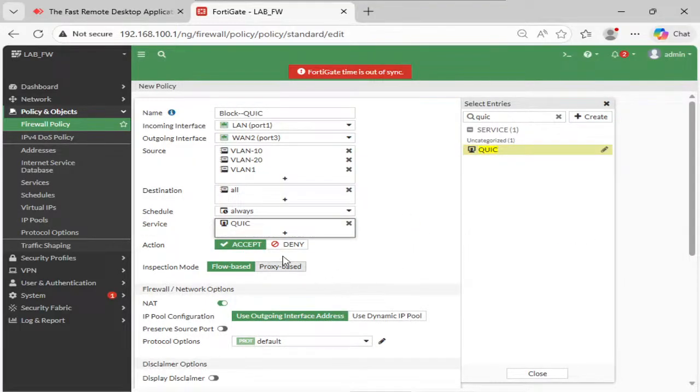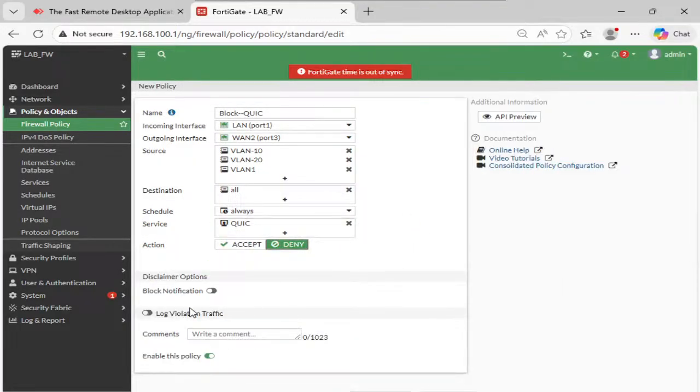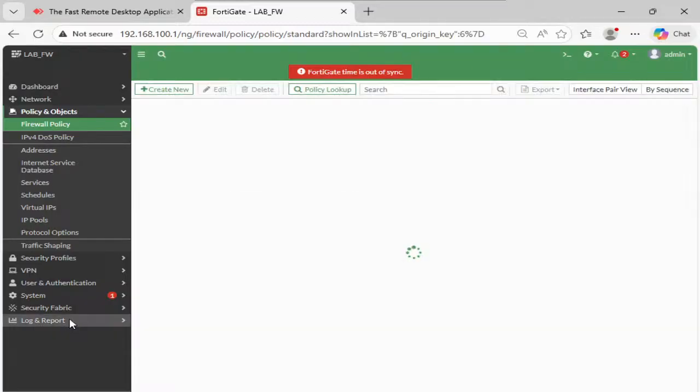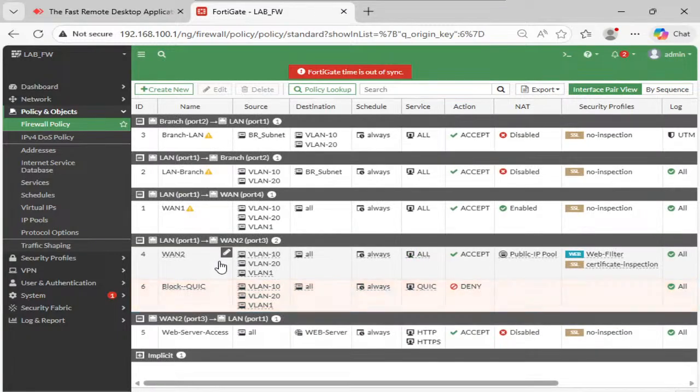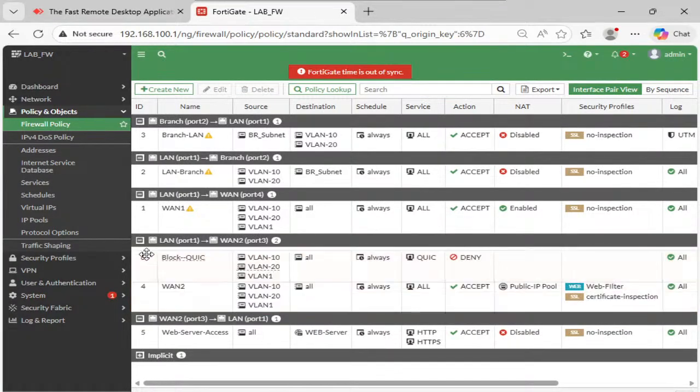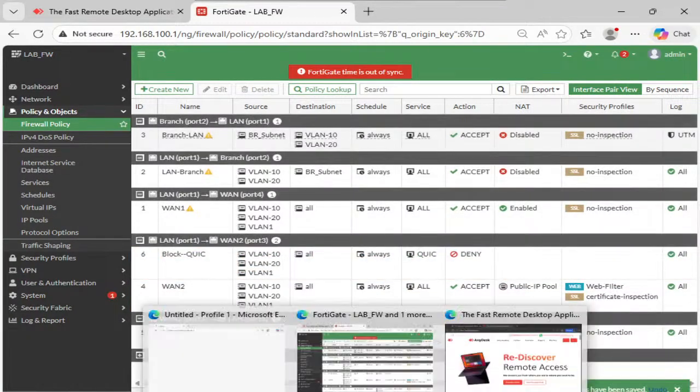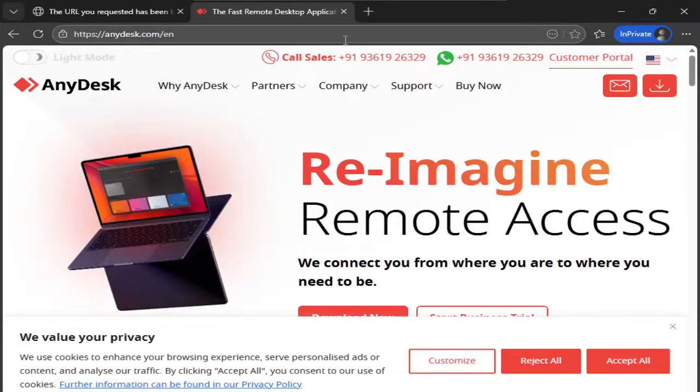QAC application, I wanted to deny this traffic. Okay. Log violation traffic. Done. Now we will try again, but I need to just push the policy above the allow policy, right? Okay. Now I'll say I wanted to check